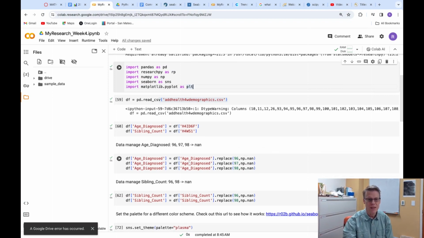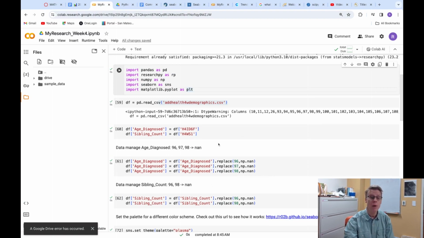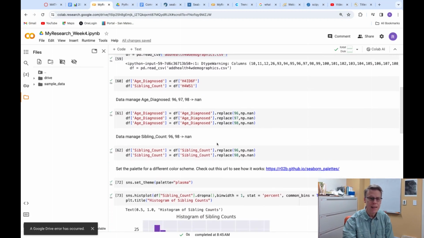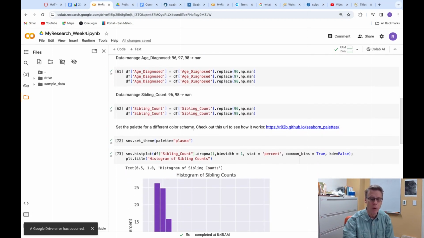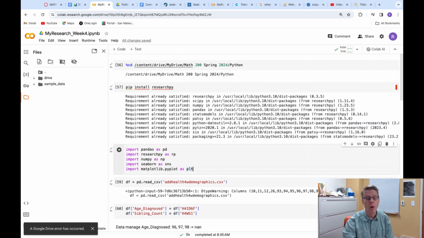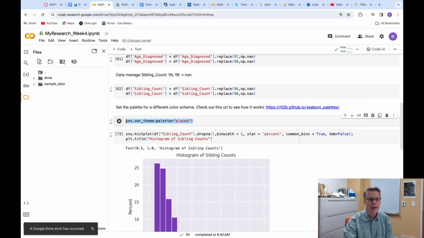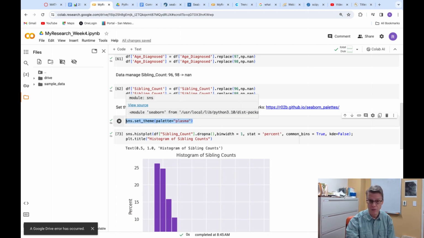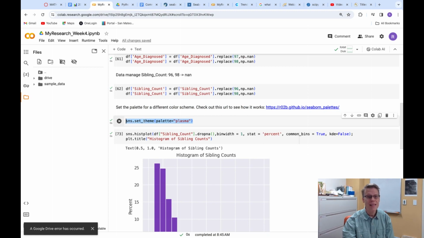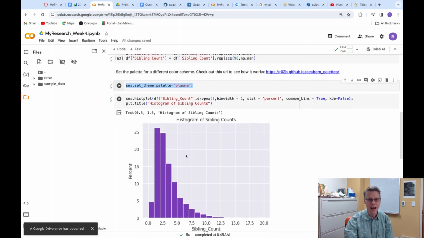And so this is what I had already for my quantitative, and I'm going to work on from there. So the next thing that I'm going to do is we're going to be using Seaborn, which is a package created on top of this other package, Matplotlib. So I've imported both of those. But what's cool about Seaborn is you have a lot of control over how your graph looks. So what I've done at first is SNS, and that just stands for I'm doing a Seaborn command. And then set theme, and there's a bunch of different things that you can do with the theme, but one of them is to set this background,